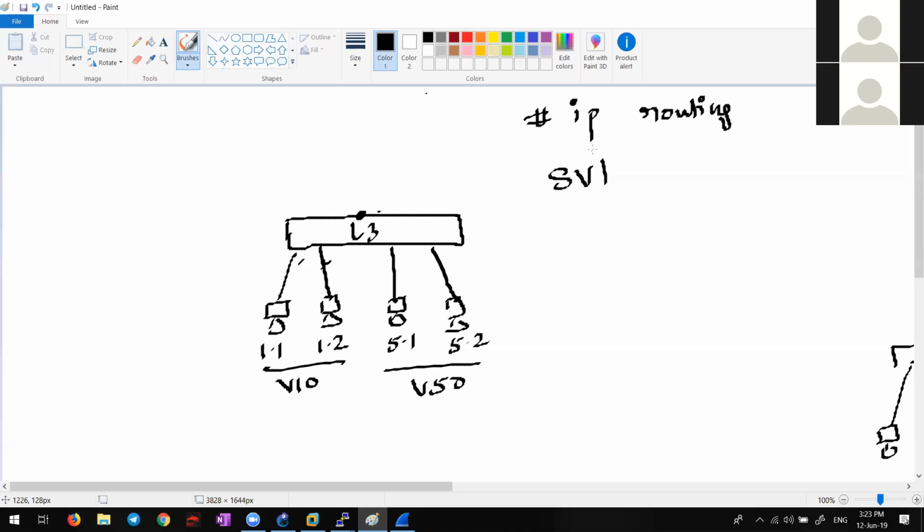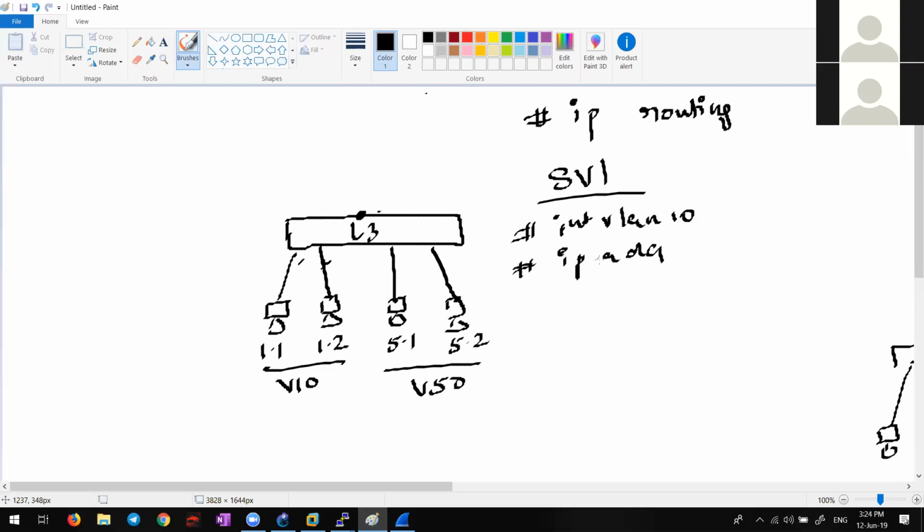Okay, so what is SVI? SVI is a logical layer 3 switch interface, for VLANs. So now SVI, I can create for interface VLAN 10 like this. Simply go to the global configuration mode, interface VLAN 10, done. And then you give directly the gateway for the VLAN 10. What is it? IP address.